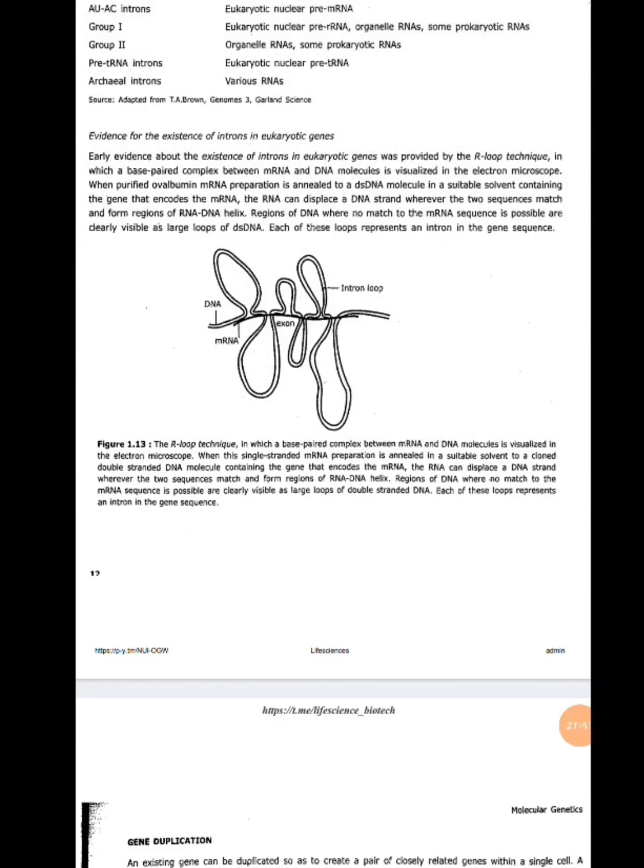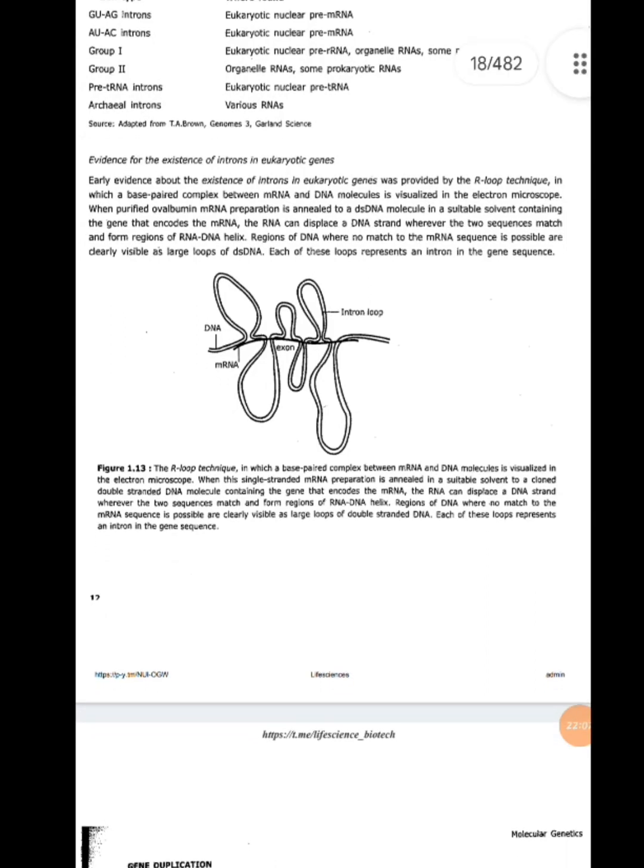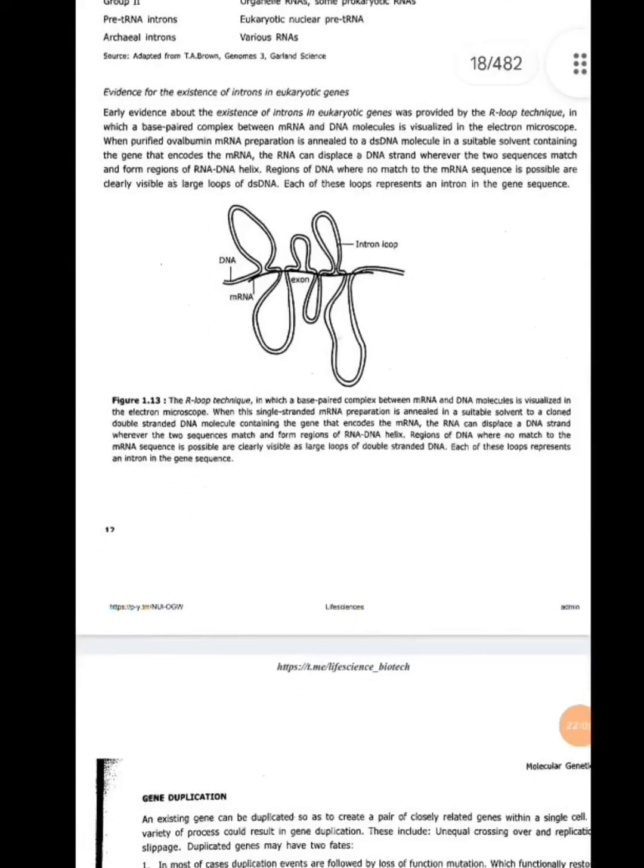For example, they studied ovalbumin mRNA. When purified ovalbumin mRNA preparation is annealed to double stranded DNA,